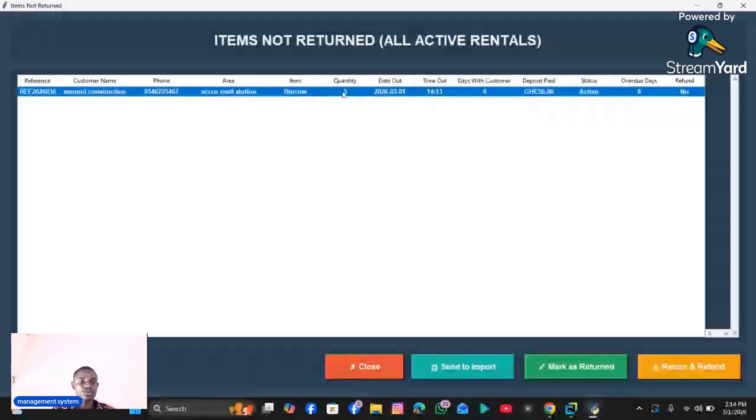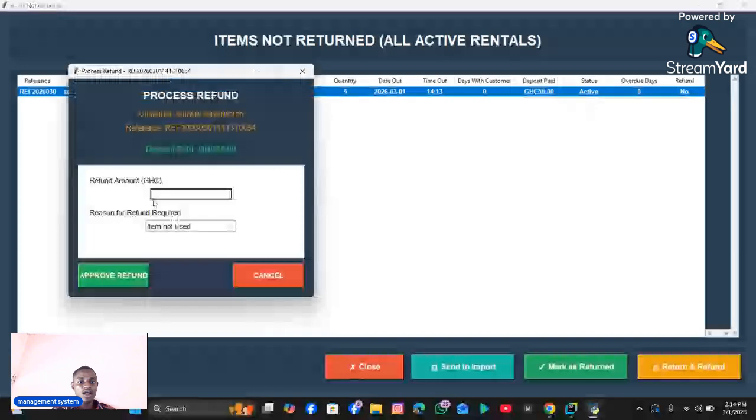What does it do? The return and refund asks for the refund amount, 50 cedis. The person made a deposit of 50 cedis. You can see there are reasons: damage waiver, customer cancellation, early return, item not used. So the person didn't use the item, and wants to return it. Yes. And some people might ask this question: what if the person doesn't make a deposit and wants to return the item? Yes, the system accepts